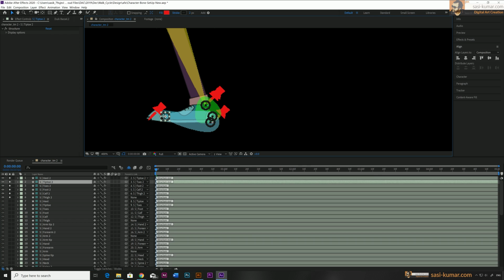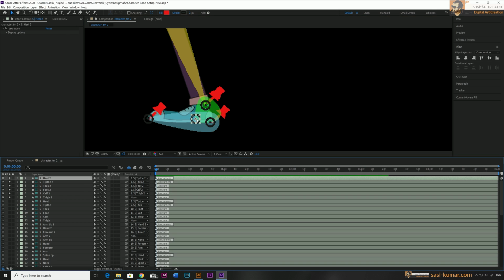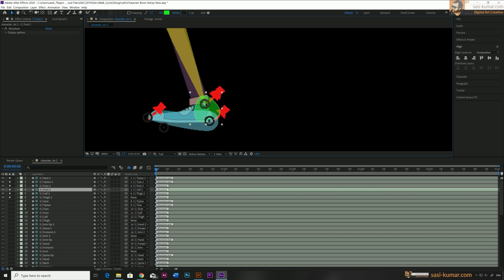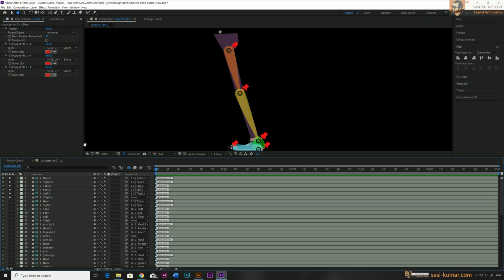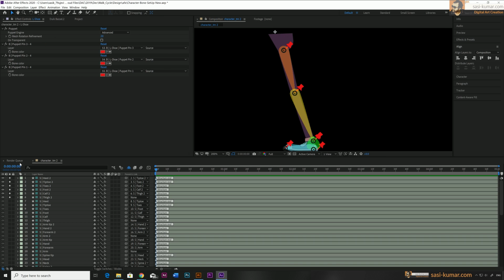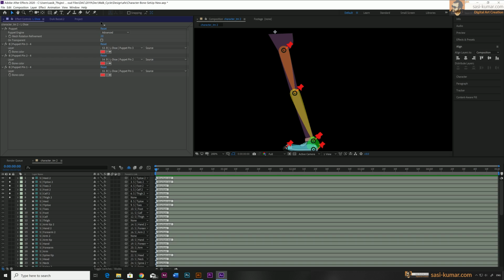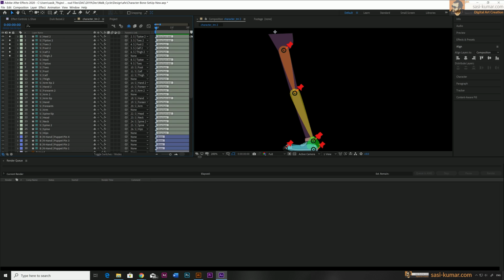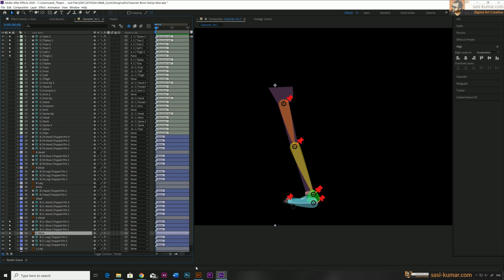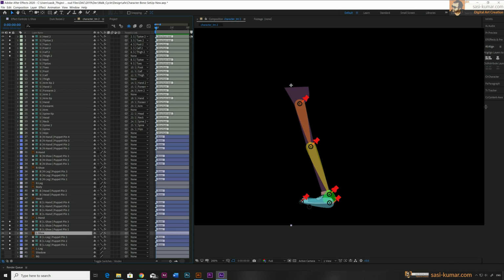let's bring it to the front like this, and heel, let's bring it below like this. Maybe let's move this one a bit. Alright, now let's link the puppet points to their bones. Before that, I'm going to bring the timeline to the top in here so that we can see all of them without a problem. We don't need to see the timeline in this case for now. Okay, let's bring down like this so all the layers are visible.